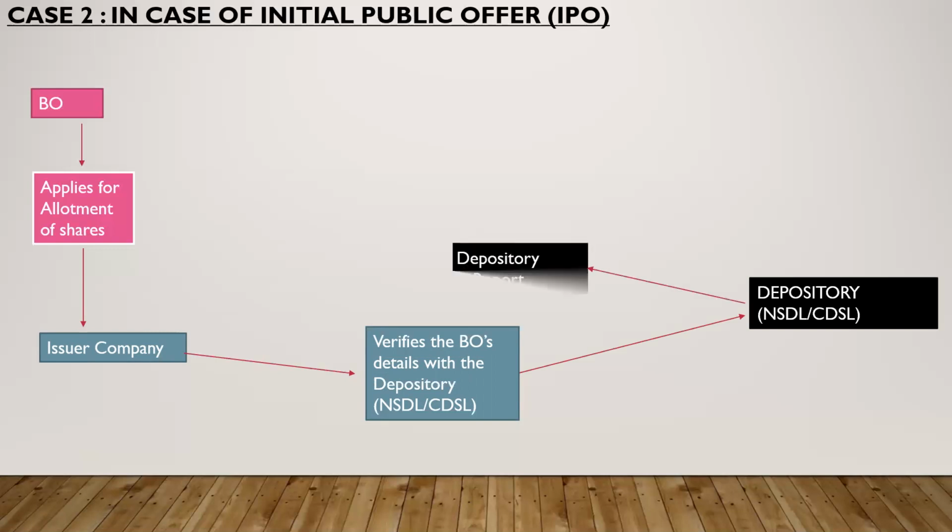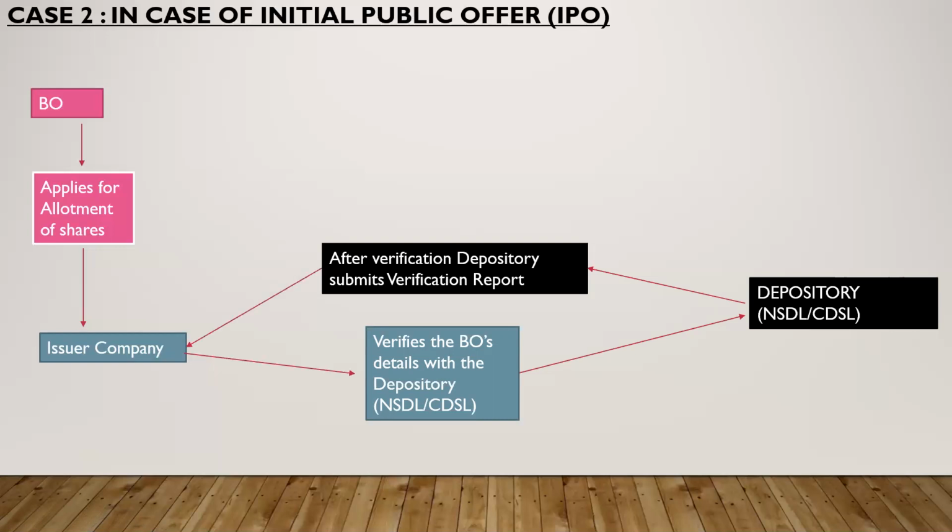Now what happens is the depository after verification submits the verification report. So, as if the boss baby said, verify the details about this person Jimbo and give them to me. The depository will check all the entries made in the system and after verification he will make a report that yes, this person is correct. You can give him shares, he is eligible, he fulfills all the criteria whatever you have mentioned in the prospectus. Okay? After verifying all the details, the depository will submit the verification report to the issuer company.